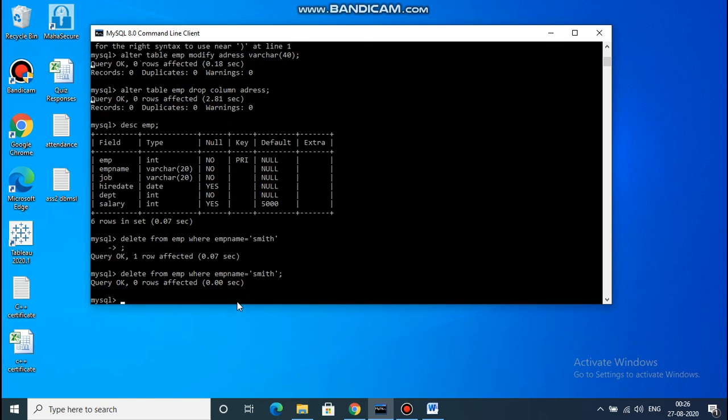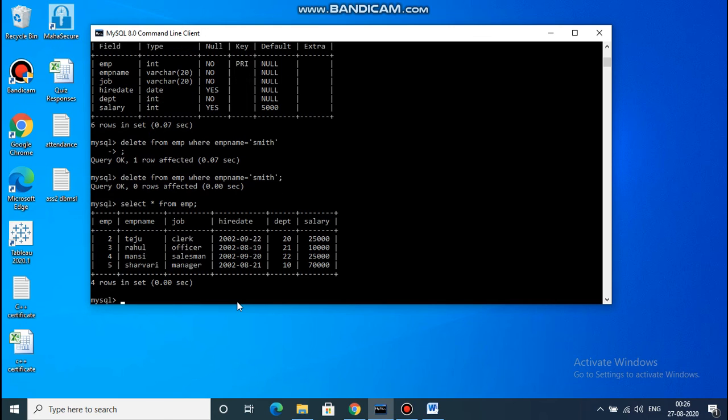Okay, now you can see by using select star from emp, the Smith record by employee name Smith is totally deleted from the table. So this was the deletion.